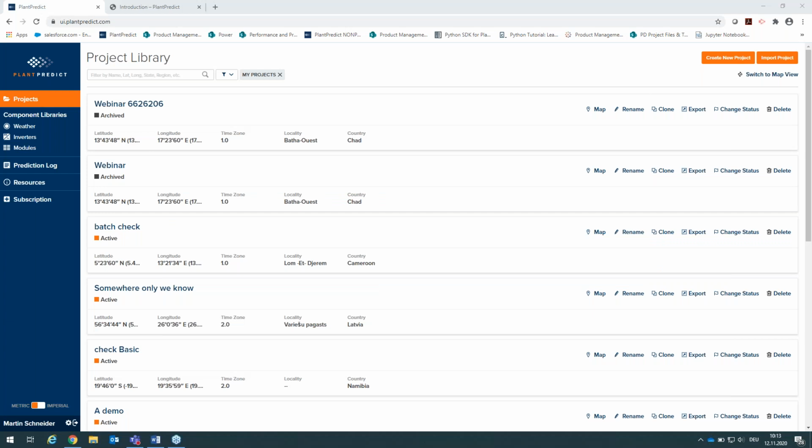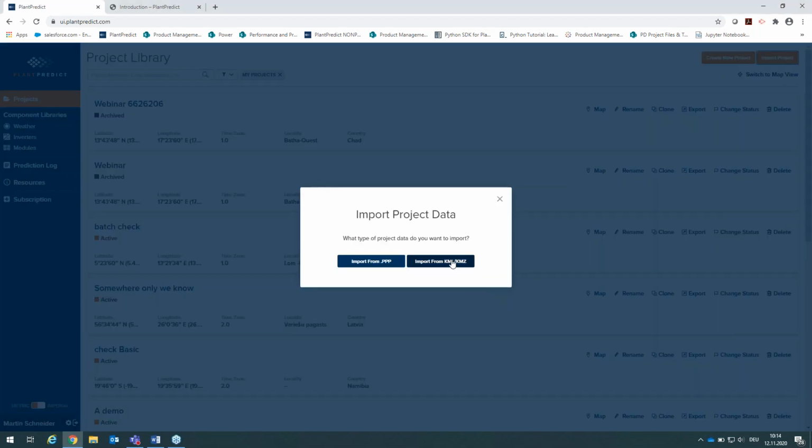I think all of the above is probably what every customer would like, of course, because everybody wants software that can do everything. No surprise, but we'll show you what PlantPredict Premium can do in a second. I'm going to show you a little bit more about the basics, so that you have an idea in general of PlantPredict and its capabilities, and we plan to go into a lot more functionalities with webinars over the coming months. So you can import a project directly from a KMZ file,